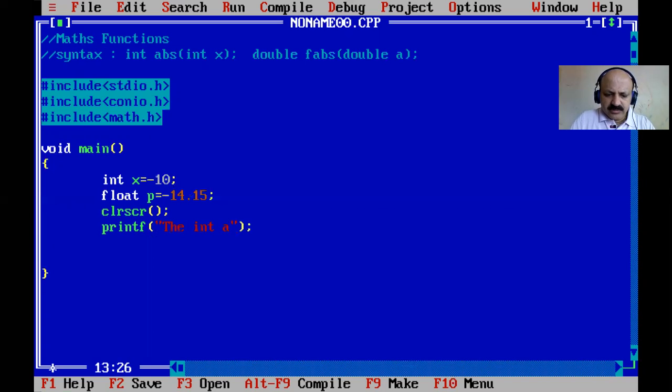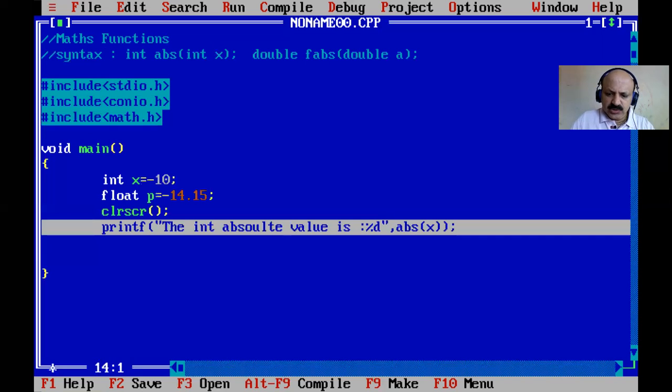The absolute value of the int is printed with percentage d, and abs, comma operator, then we pass our x value.